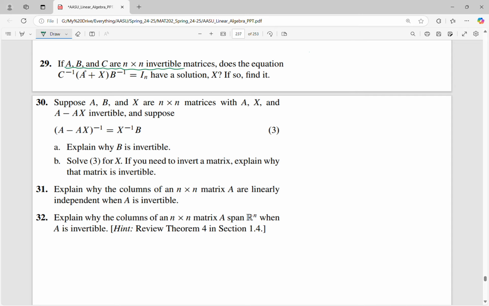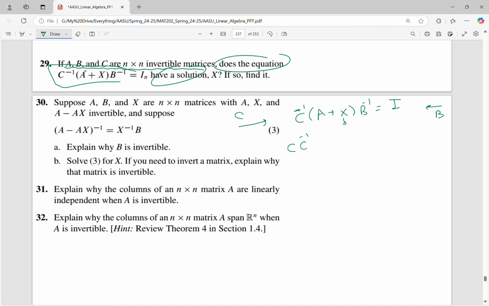A, B, C are invertible matrices, and we are talking about the system. So we have C inverse times (A plus X) times B inverse equals I. The question says, does this have a solution X? So can we find X? Yes, of course. Look, I multiply from the left by C, I multiply from the right by B, because then